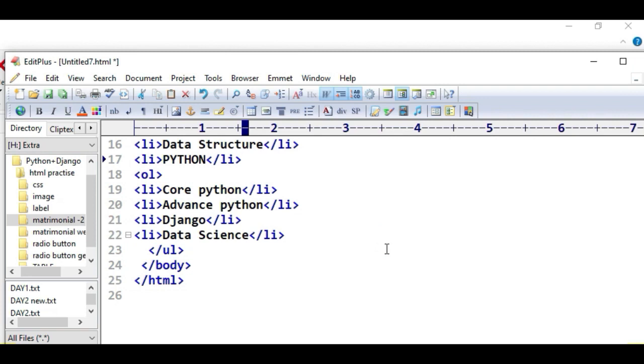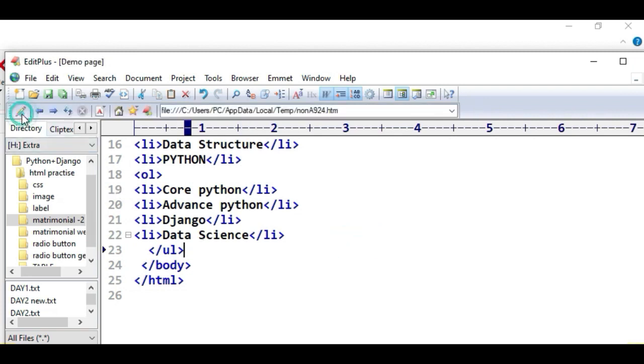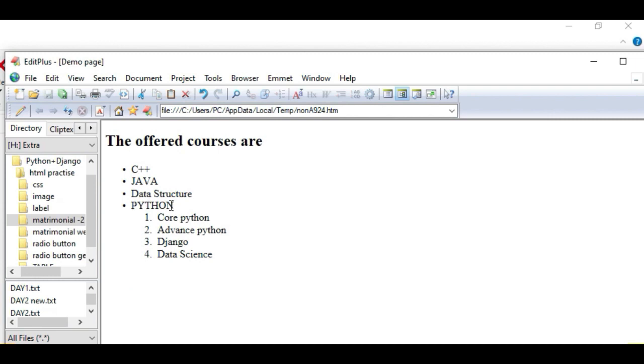Now we execute it. You can see here inside Python we are offering these 4 more courses.